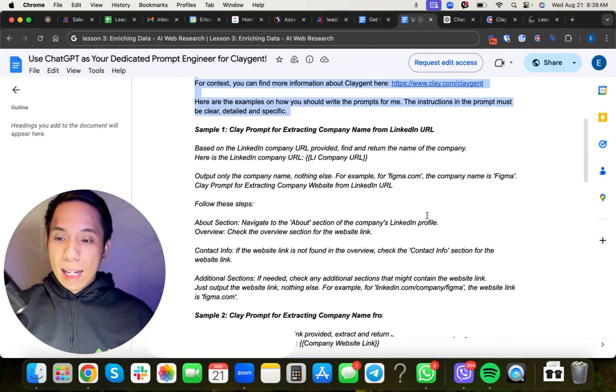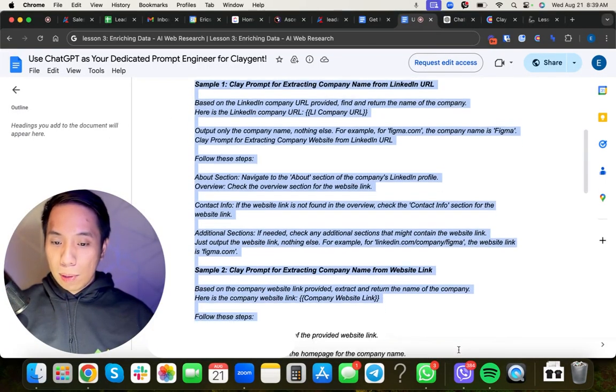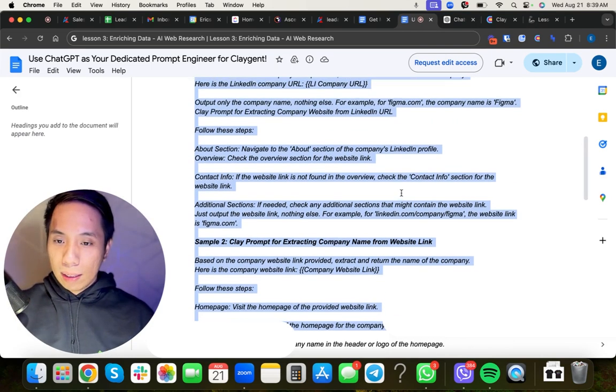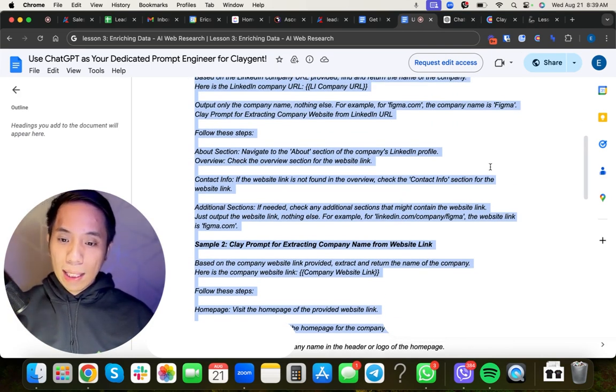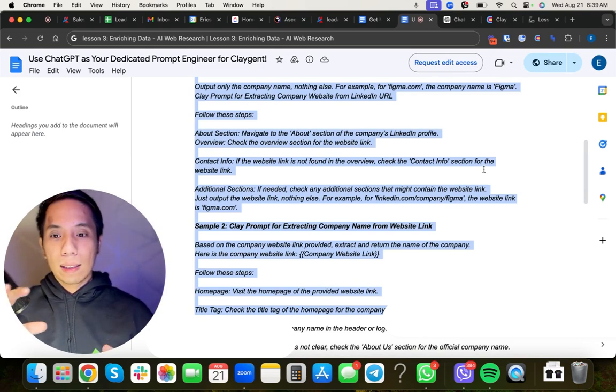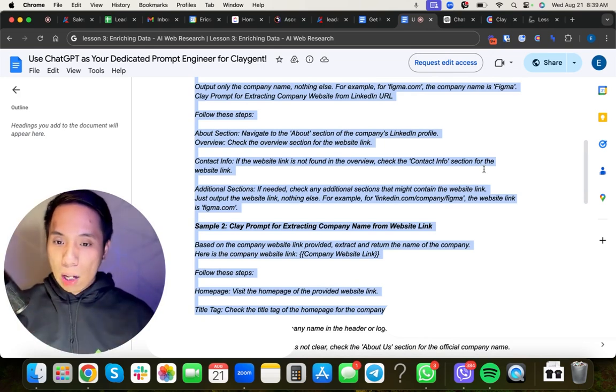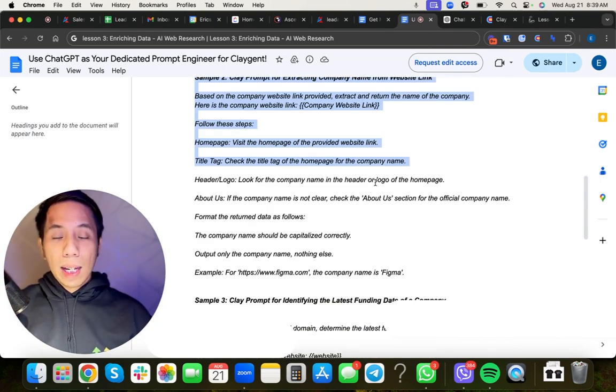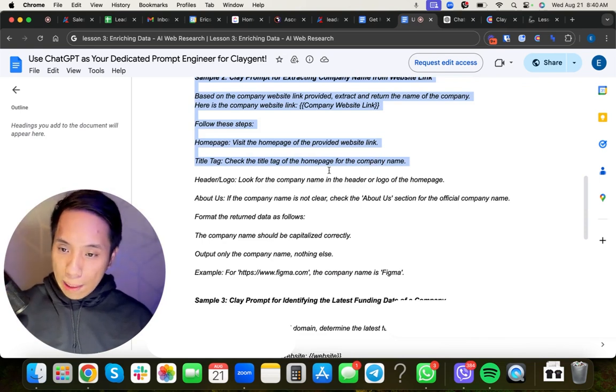Number 2 is that I gave some examples here. The most important thing when writing a good prompt is that you cite some examples so that ChatGPT will learn and provide outputs based on the given example as its reference. In these given examples, you might notice that there are actual steps.